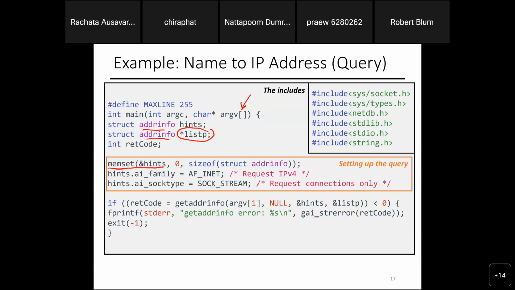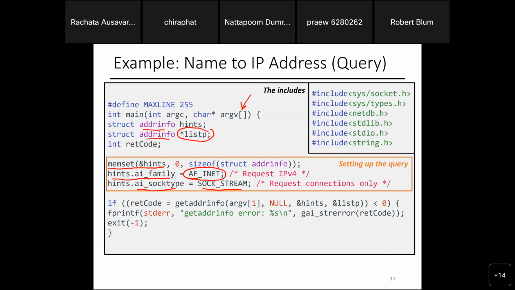Then I set hints dot ai_family to AF_INET, which is a specific constant for IPv4, so it knows it's the IPv4 format. Then ai_socktype is SOCK_STREAM, a constant that tells the program this is just to request the connection.